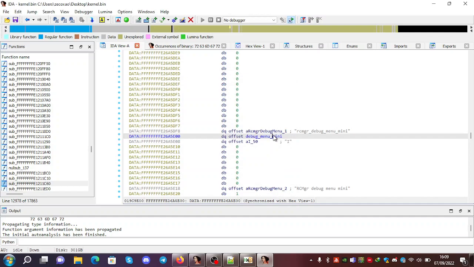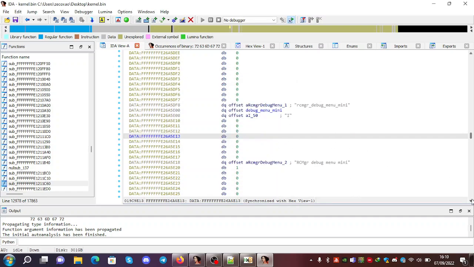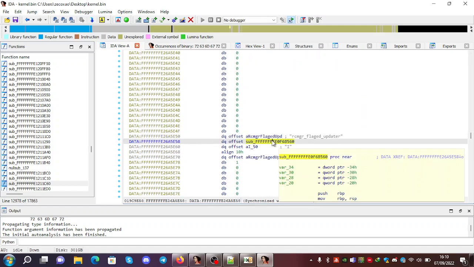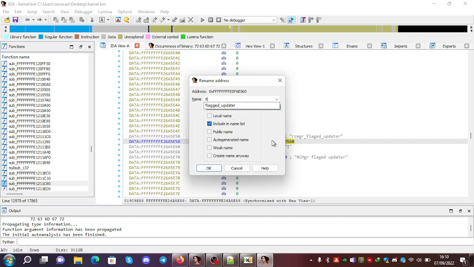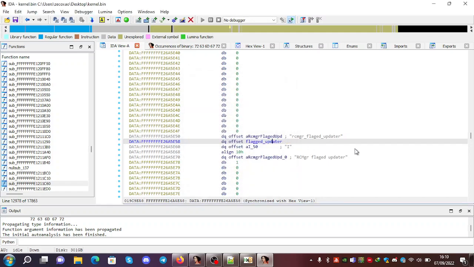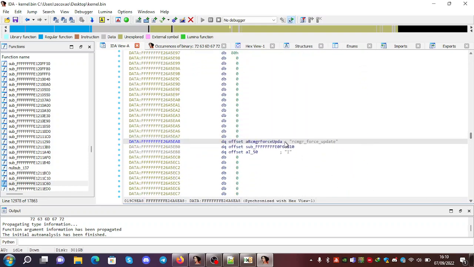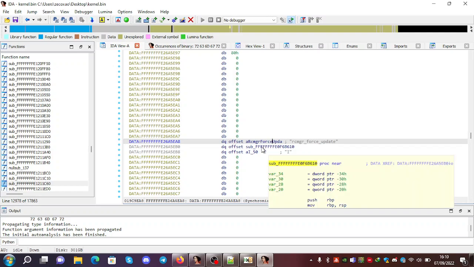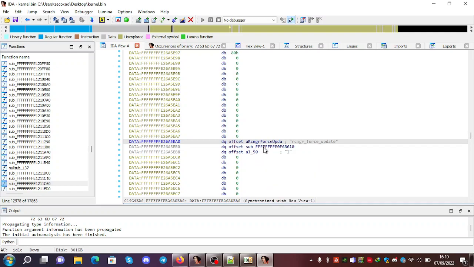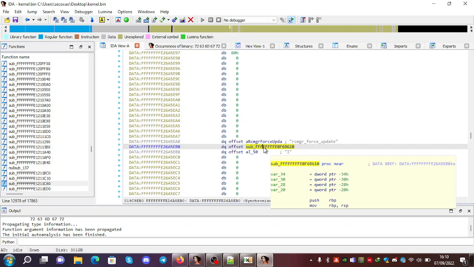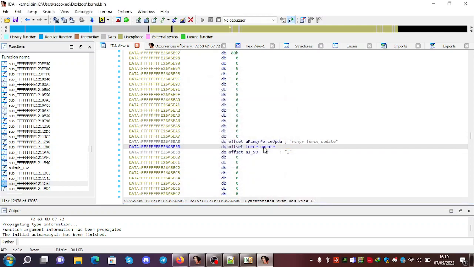Okay, going a little bit down. This is for the flagged updater, and I just type flagged updater. Okay. It's always the middle one. You see the offset, you see the function, and you see an I. So this force update, special I,